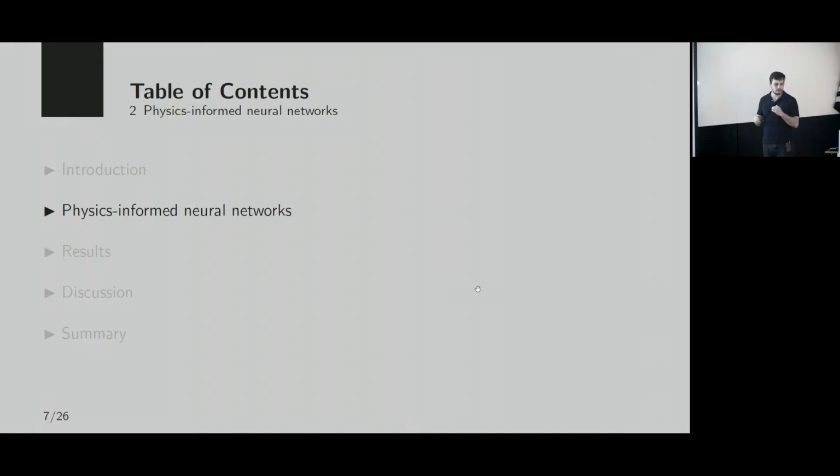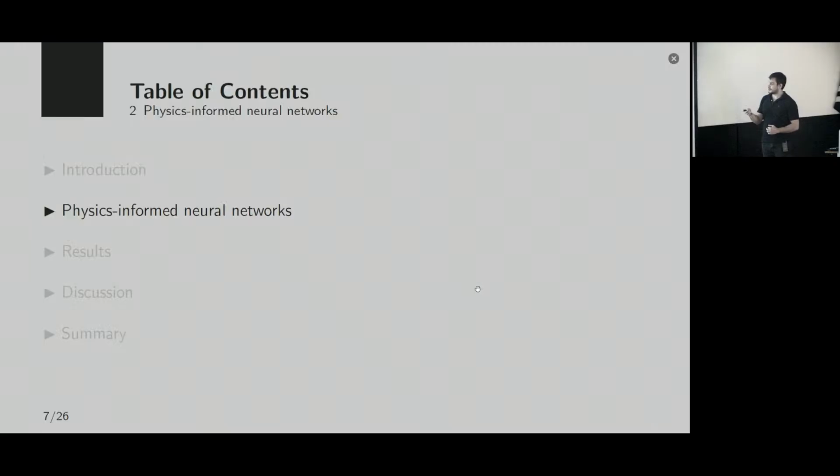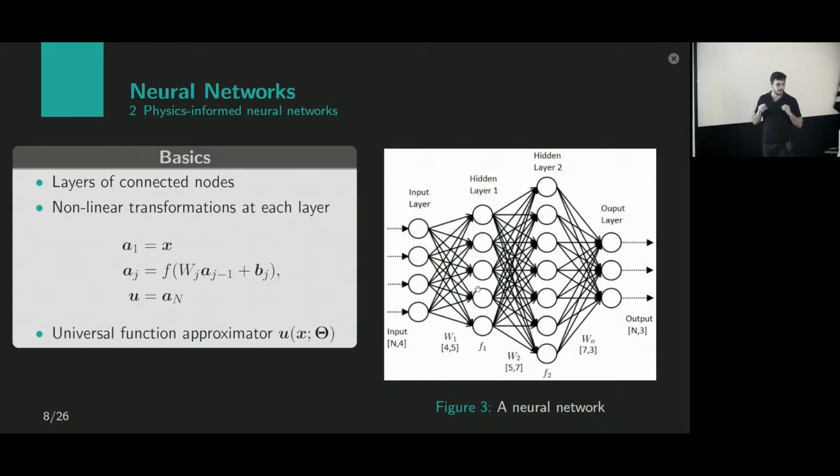I'm going to speak about the method that we use to solve it. The method is physics-informed neural networks. So I will first talk a little bit about neural networks without the physics part, and then explain how we use neural networks to solve differential equations. I'm not sure what level everyone is familiar with this, but to explain it at a fundamental level at least, neural networks are functions. They get some input, they do some calculations, and they produce some output.